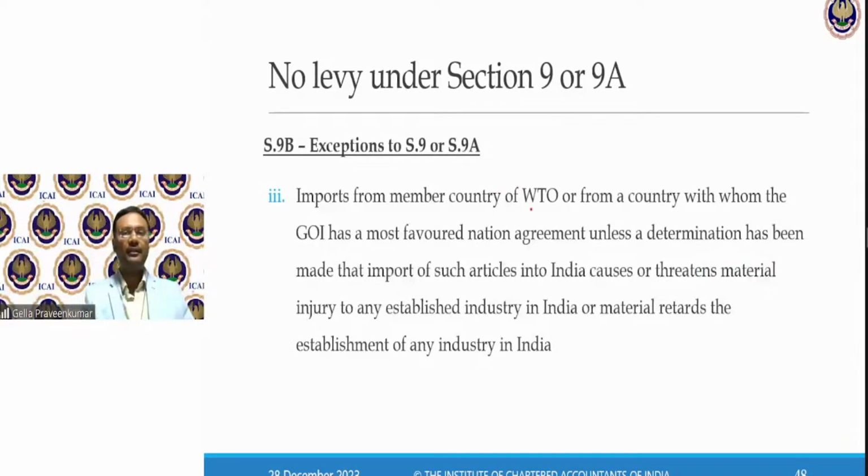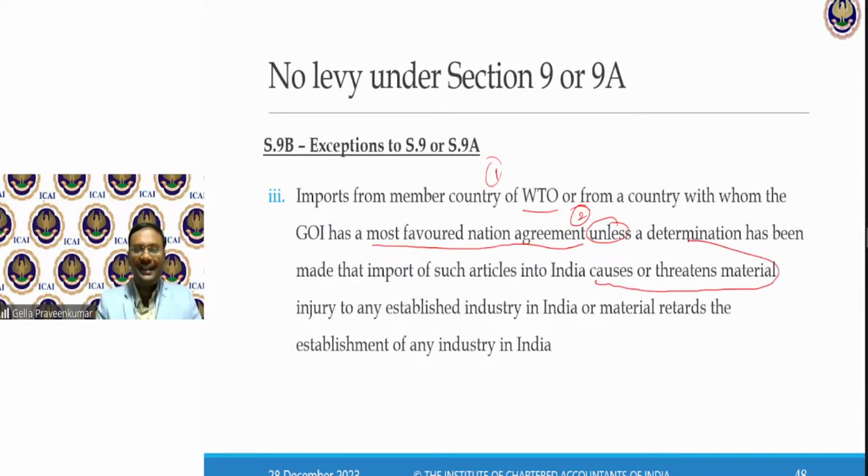Imports from a member country of the World Trade Organization or from a country with whom the government of India has a most favored nation agreement, unless a determination has been made that import of such articles into India causes or threatens severe injury.